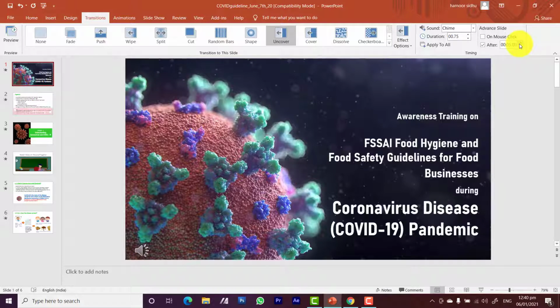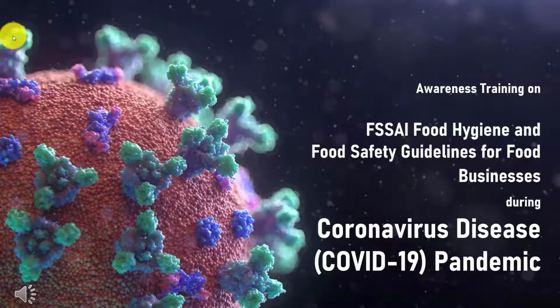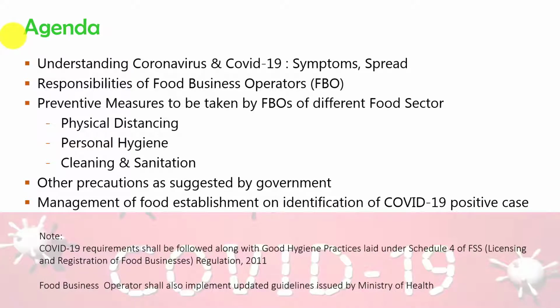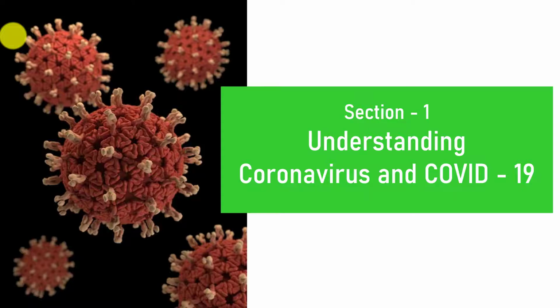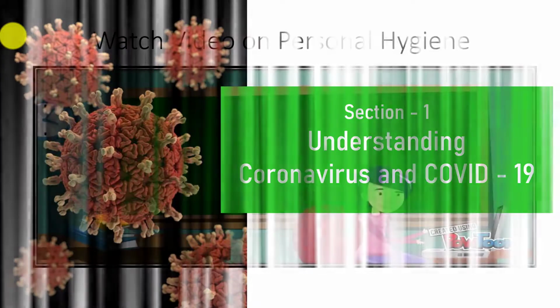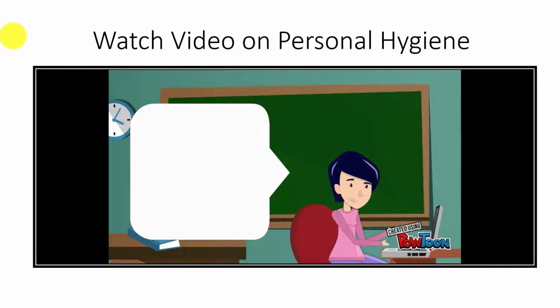And let's check now. If you want to see the effect of the transition, you have to run the show by clicking on Slide Show, or it can be From Beginning. Now you can see the effect of the sound, chimes. The effect has also come where it advances from one slide to another slide automatically. You can see the effect happening there. Right, so this was because of the transition set.